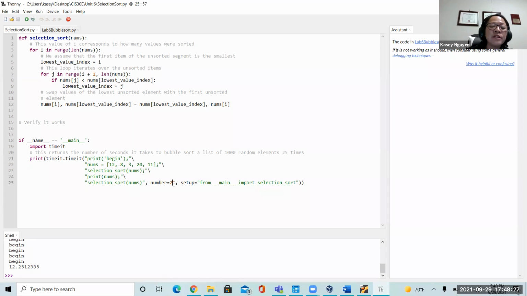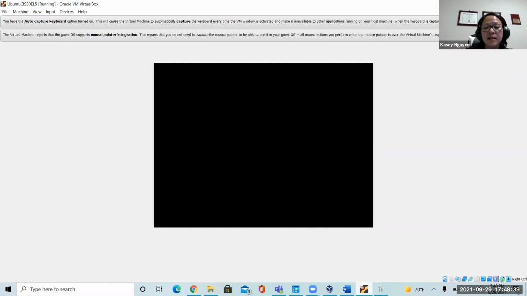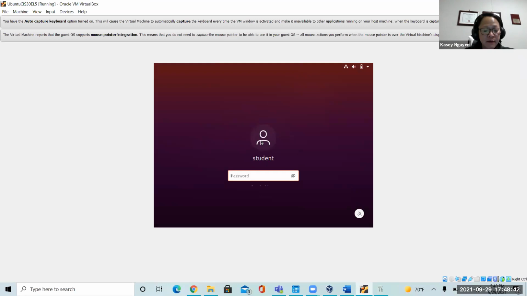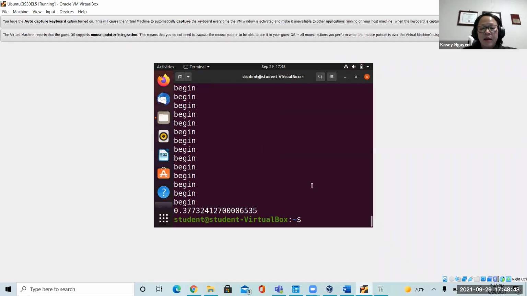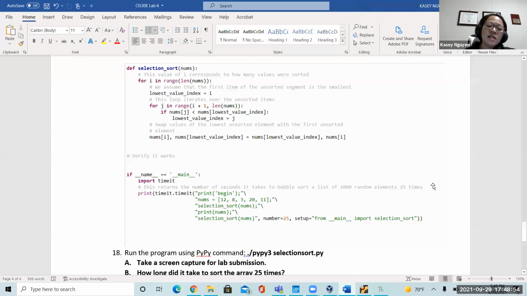And we are going to test it 25 times, so call it 25 times. And then we're going to print out the time. Okay, so coming back here. Now, the part with this is